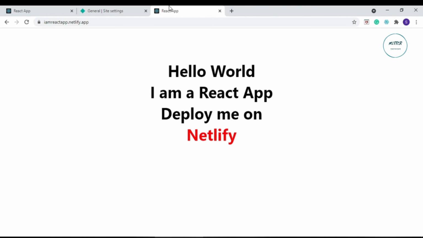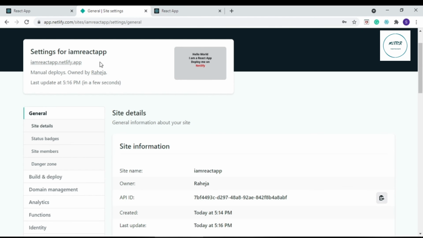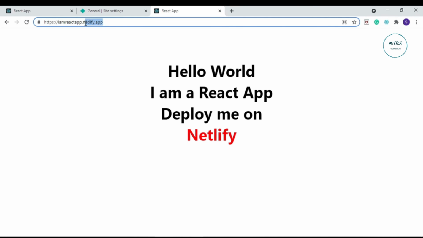If you have any application which you want to deploy on the internet and share with your friends or anybody who wants to use it, you can simply do it using Netlify for free. The only thing is, Netlify will add their name to the address if you do it for free.